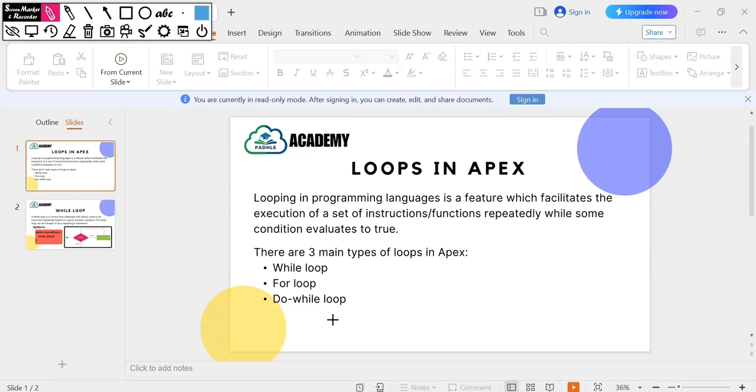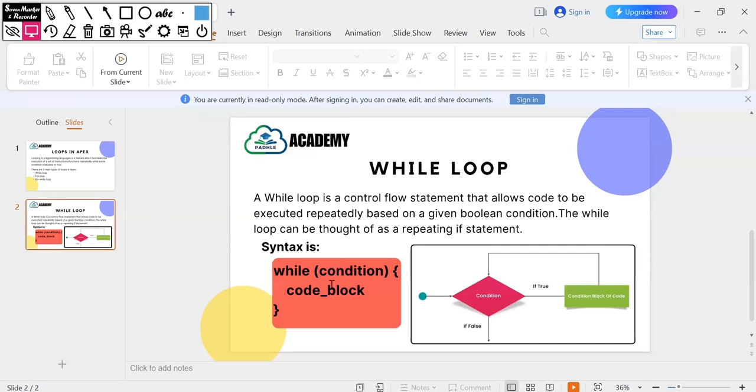So how do you write a while loop? A while loop is written like this. If you look at the syntax, you use the keyword while, and you enter the boolean condition. This condition will determine whether I need to run the loop statement or not. If the condition is true, then the loop statement will get executed. And if the boolean condition is false, then control will go outside of this while